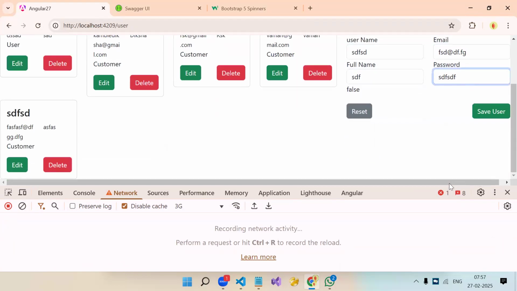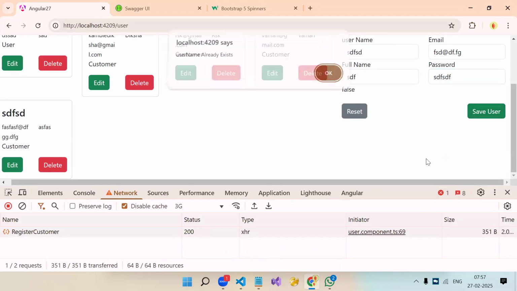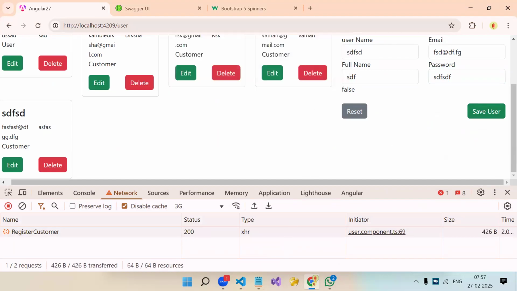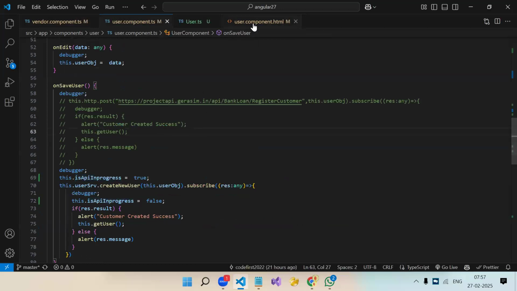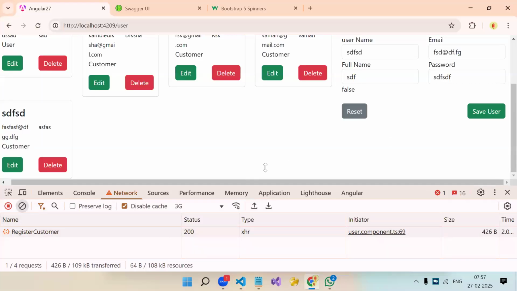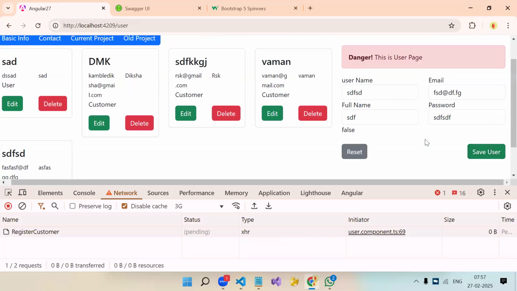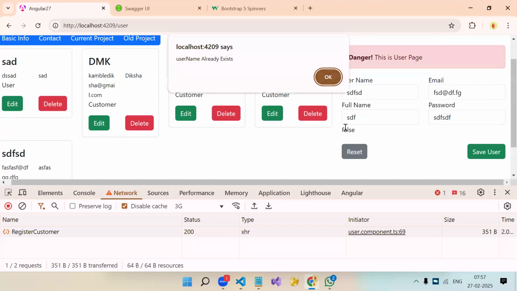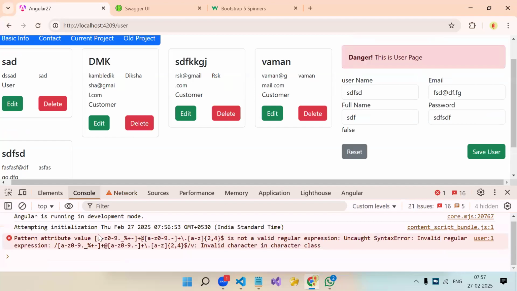Okay. Now if I click on save, API call is in... Wait, how come it is not visible? We didn't save or what? Correct only, na? If this is true, we are showing this. Let's try one more time. Once you click on save. No. How come it is not visible? Oh, yeah, you're right.